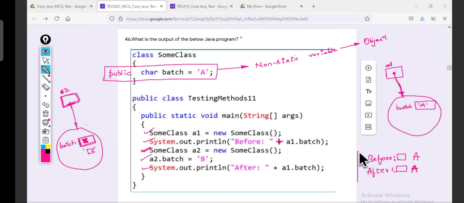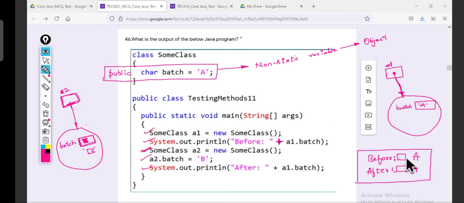Output is still A. Hey, why not B now? Why not B here, sir? We did not change it to B for A1. The change happened only for A2. That is why output is not B. Correct.